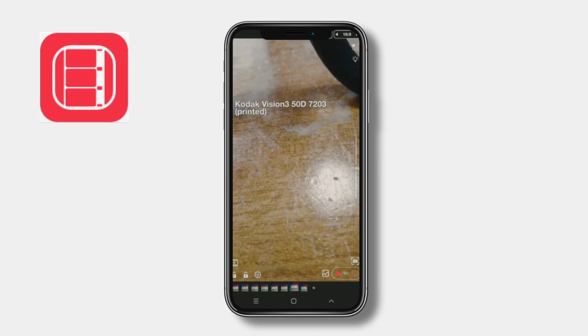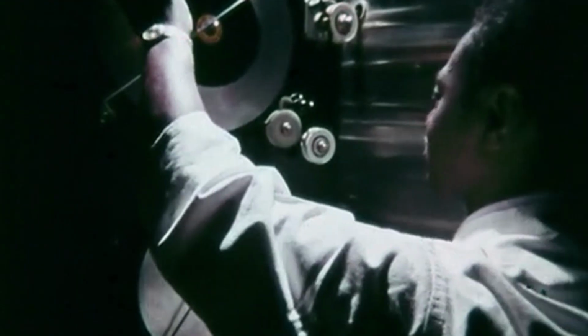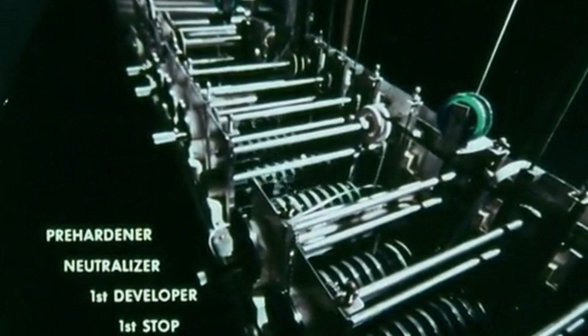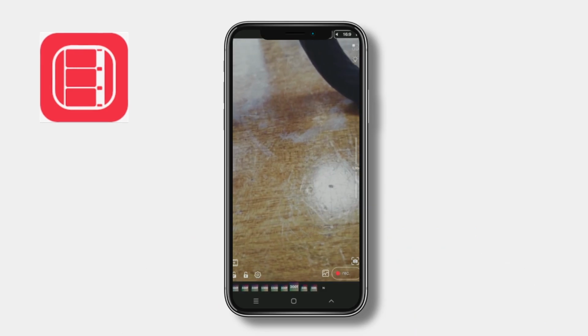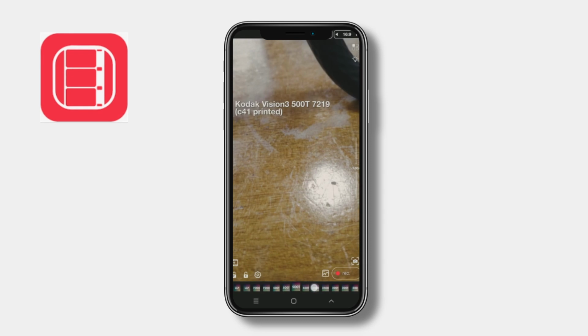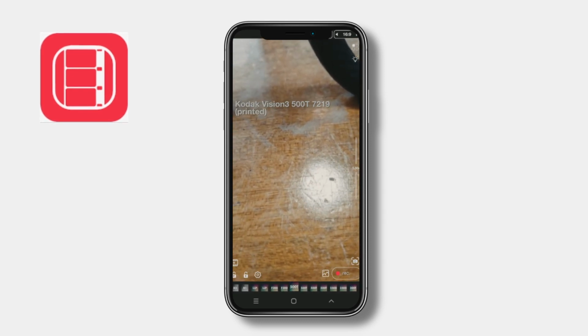Again, going back to the ISO, this will be an ISO 50. D stands for daylight, basically daylight balance. And then again, we have 50D. Now one is basically raw before they would process the film. This is basically straight off the roll and just reviewed. And then processed or printed would be after they did a little bit of color correction to it, and so that will be the final output. So here's 200T. There's 250D, and then here it is 500T, and we're going to go to 500T printed, okay, Kodak